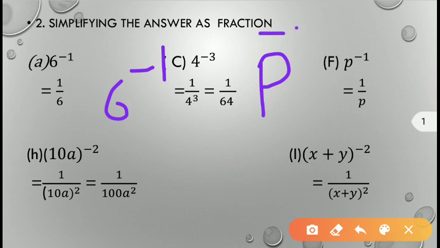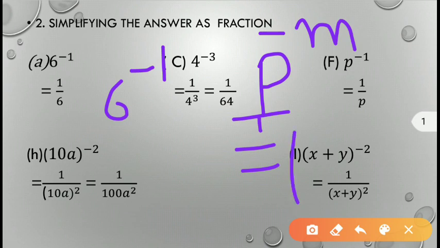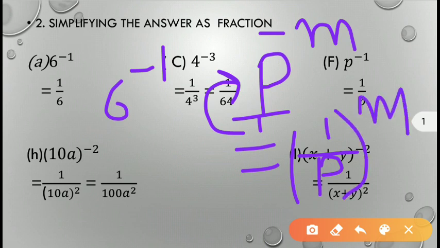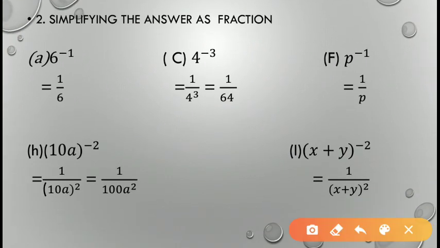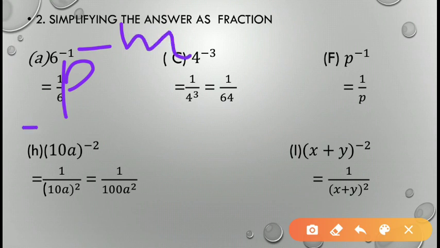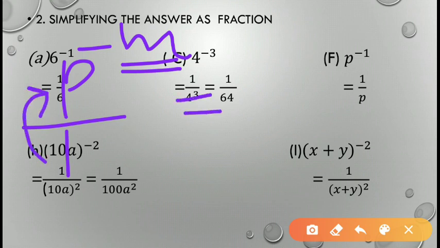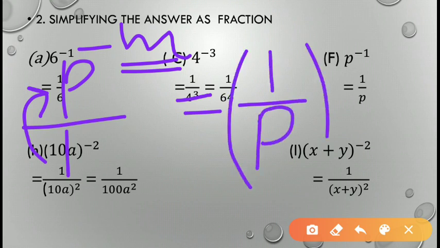Suppose it is written p to the power minus m, this will be equal to 1 upon p to the power m, where the denominator is 1. When you write 1 upon p, it means in the place of the numerator you write the denominator, and when you take the reciprocal, the minus will become plus. For converting this minus m into plus m, just change their places, 1 by p, and this will convert into a plus sign.